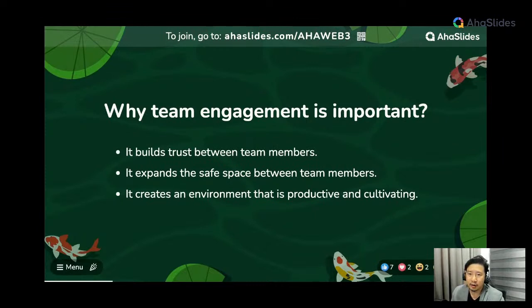Maybe for these teams I might not have a solution, but if you stick on and you feel like this is useful, let me know. But for a lot of teams that are just setting up, or don't have that camaraderie, team engagement is extremely important because of three main points. Number one, the most important to me especially, is to build trust between team members. I've worked in a lot of different teams over the past 12 years, and I need to get the teams to gel very, very quickly.